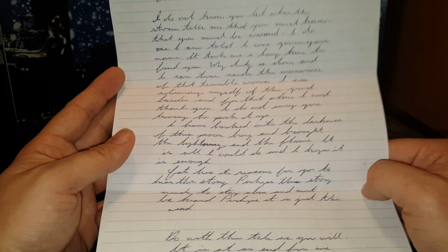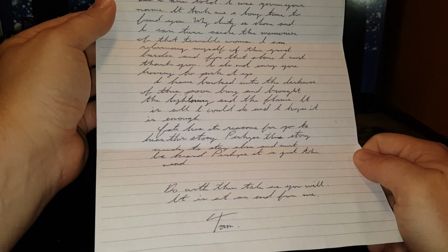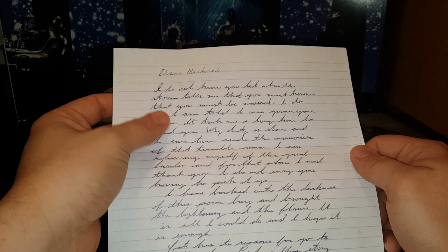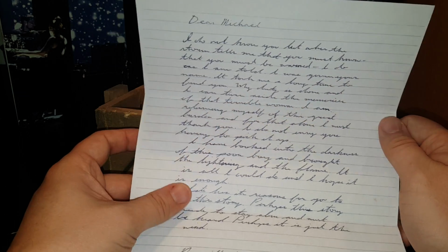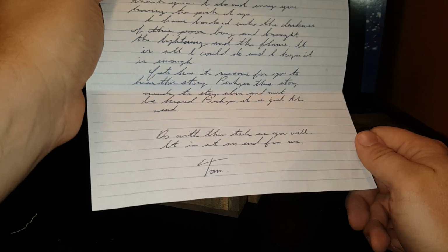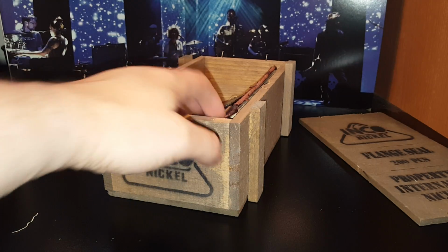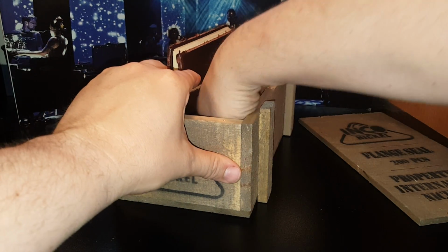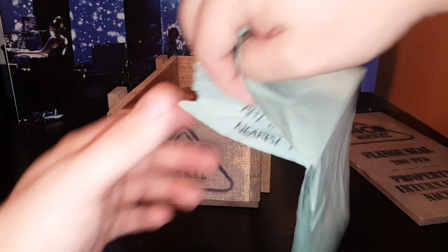Okay? So I'm reading this going, what the heck is this? I have no clue. No clue what's going on at this point. No clue what it is. It appears to be handwritten. You know, it has my name on it. So it looks legit. Right? Looks legit. Okay, so I get this letter. First thing I do is I open this up in here and I look, and there's this green piece of paper. Okay, inside the green piece of paper